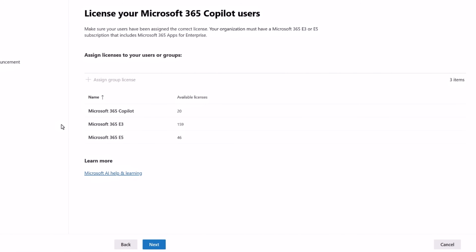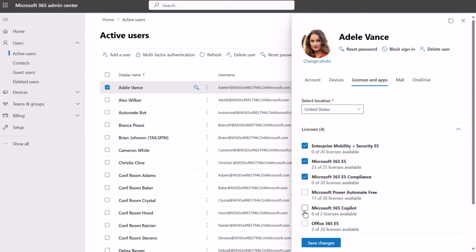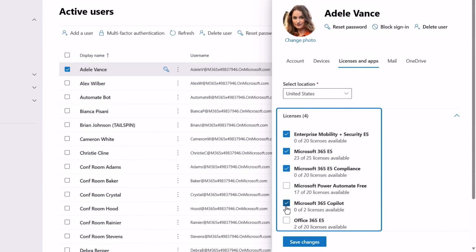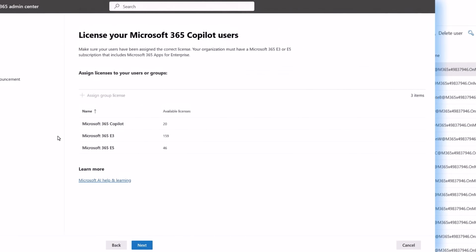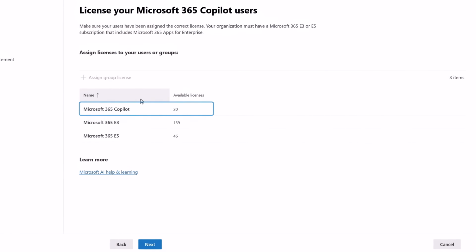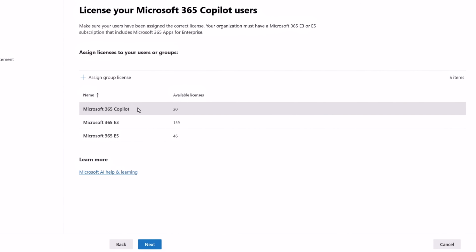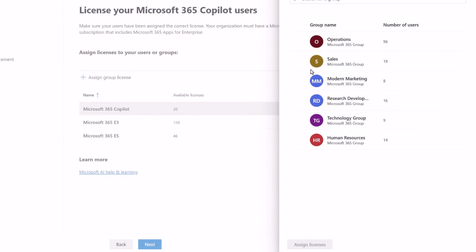You can do that right from here, or you can use the Microsoft 365 Admin Center or other license assignment approaches as you would for any other Microsoft 365 service. In my case, I can see that I have 20 available licenses for Microsoft 365 Copilot, so I'll select it, and now I can assign licenses, and these are my available groups, and I'll choose this group with 9 members